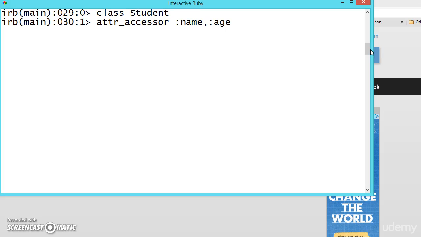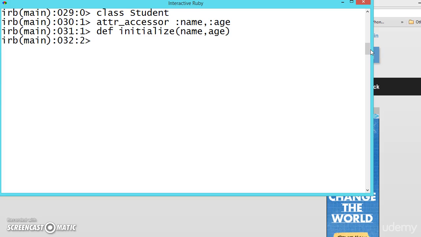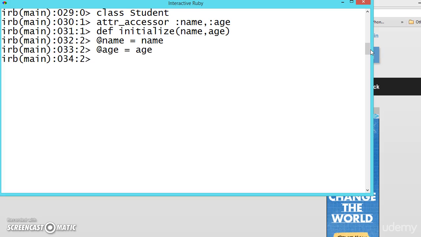Let us see quickly. Now define initialize, name comma age, set the data: name equals name, age equals age, end.